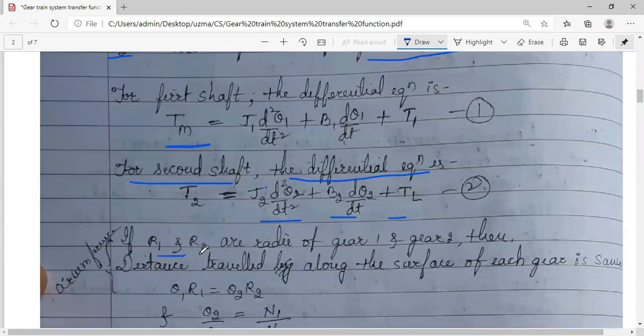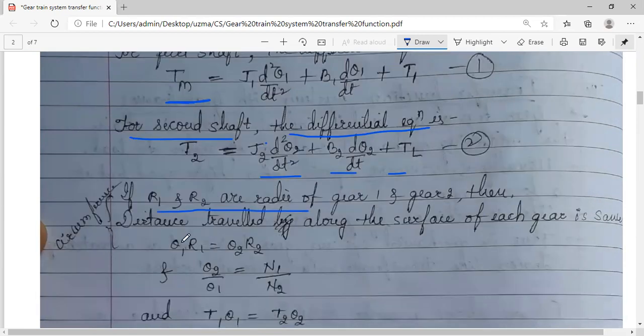As I said, these two R1 and R2 are the radii of gear 1 and 2. If you see, even though उनका area अलग अलग है, the first gear is a bit bigger in size if compared with the second gear. But however, if you see the angular distance that they cover, it is same. It is same for both.